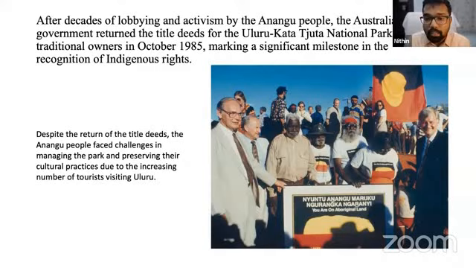But what we need to understand is, though they are given the ownership, they're not allowed to do anything on the land. They're not allowed to construct anything. They're not allowed to cultivate. So they cannot do anything with the land. They have the ownership, but the true ownership still remains with the Australian government. So this is the contestation that has been going on for, as I said, over a century.